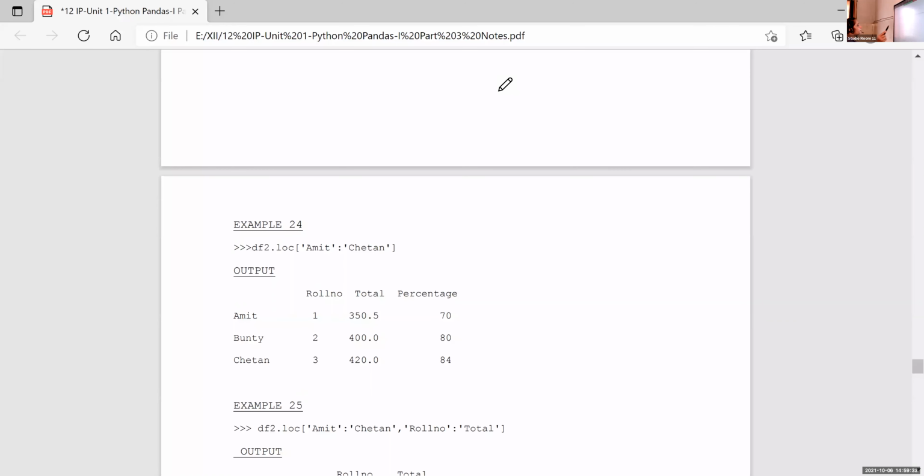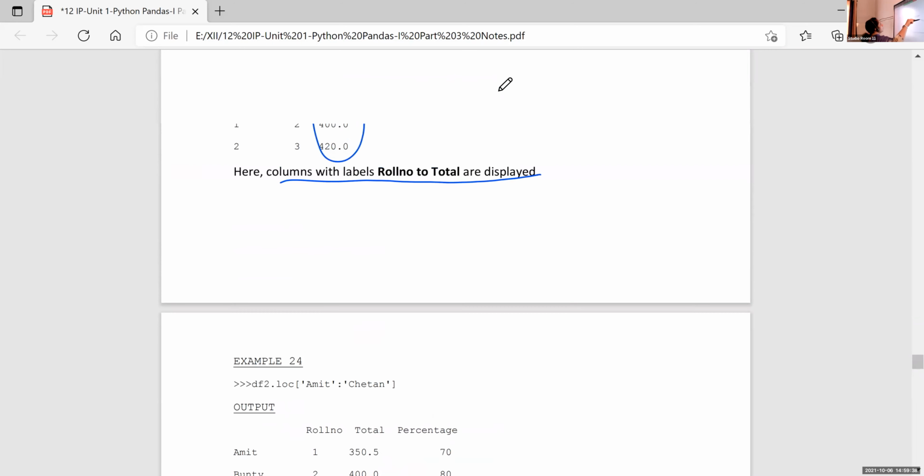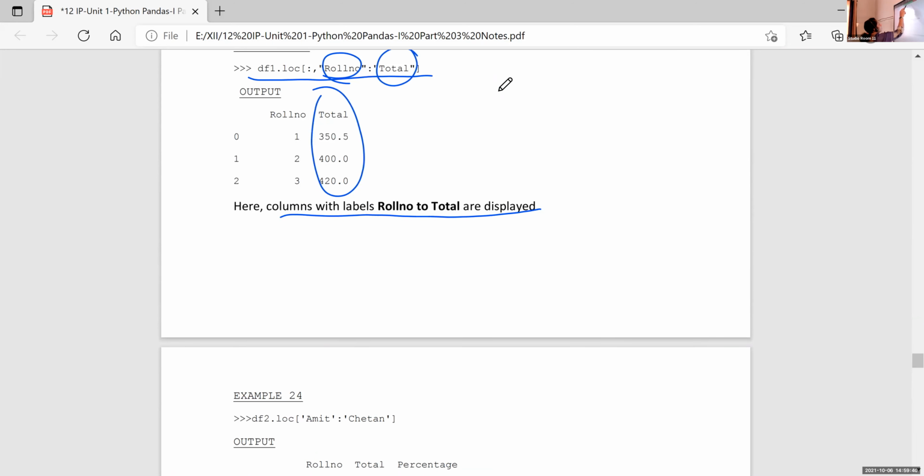The difference between this and the previous statement: look here within the square bracket, we were starting with a colon, which means there is no row representation, so all the rows are included, and after the comma I was giving column headings.